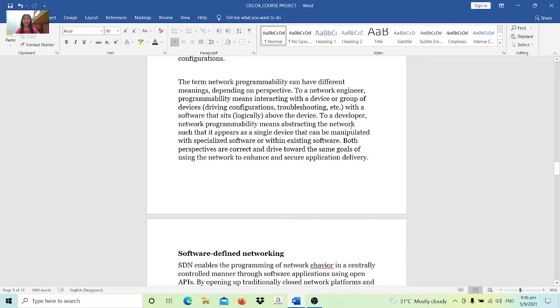To a developer, network programmability means abstracting the network such that it appears as a single device that can be manipulated with specialized software or within existing software. Both perspectives are correct and drive toward the same goals of using the network to enhance and secure application delivery.